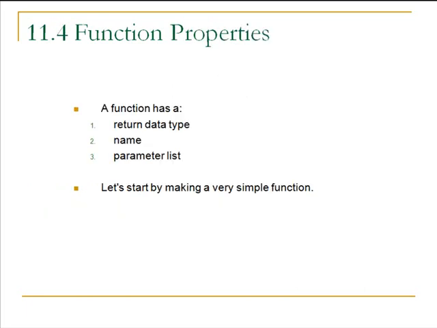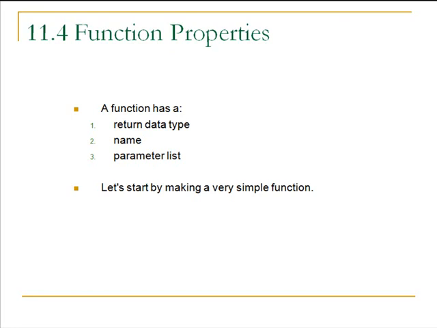So as we get close to defining a function in C, let's start off by saying that a function has to have these three things. A return data type. This is what the function call will evaluate to. The function has to have a name, and it has to have a parameter list. To really understand these, what these are doing, it just makes sense to go into the development environment and show you